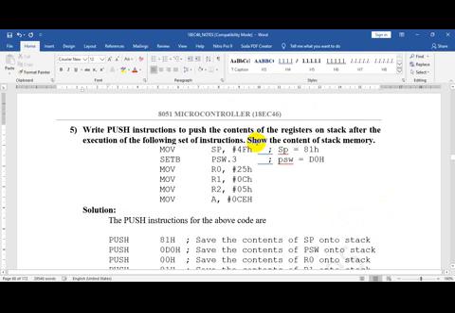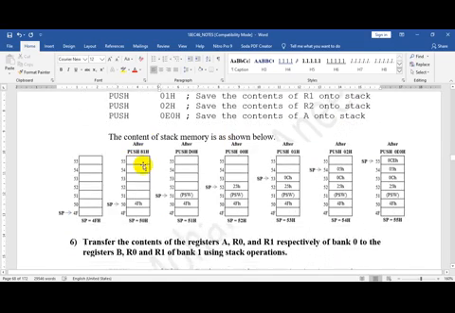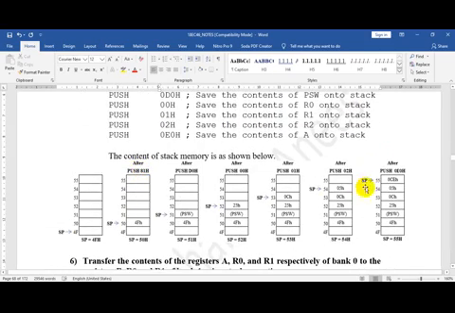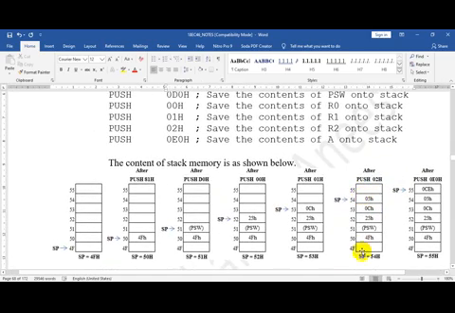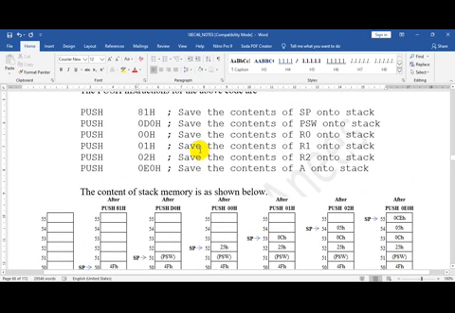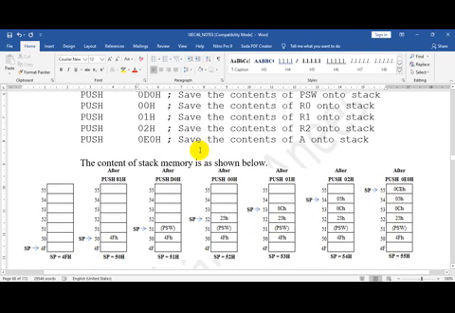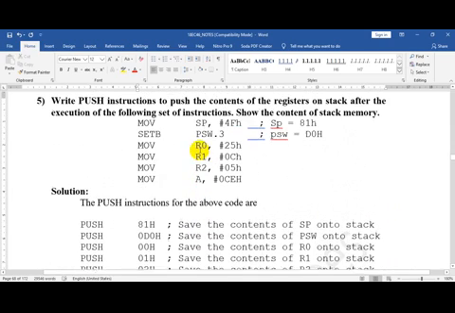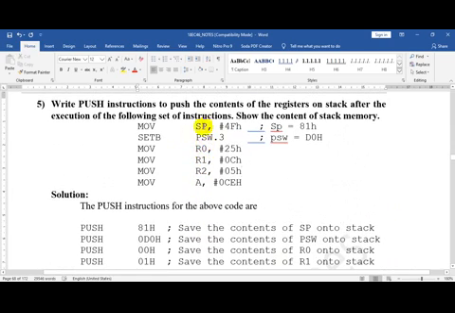Now after this, we have also been asked to show the contents of stack memory. We have already done this earlier, so I will simply go through this. See the instructions properly. The stack pointer had been initialized to some other location, that is 4FH.